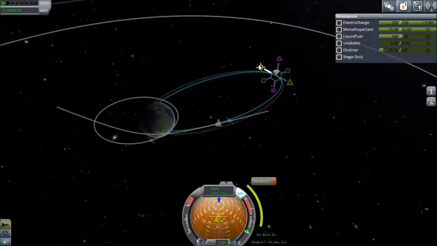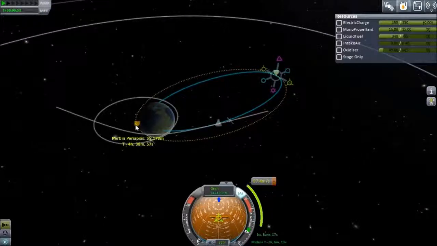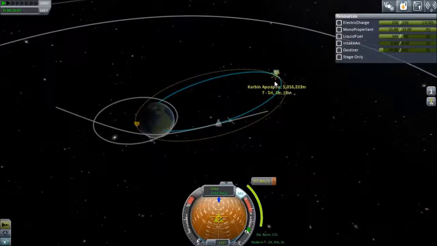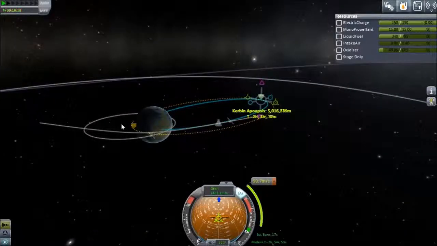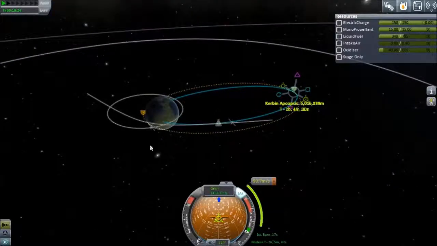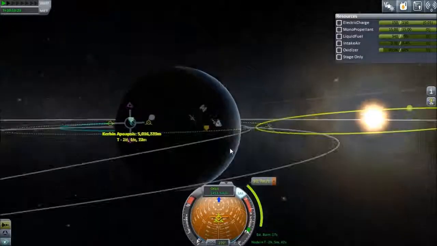I want to raise our orbit so our periapsis just skims the atmosphere. 55, maybe. Just stay up. 55 is a little too high. I'll do about 40, I think. And now let us kind of slow down, and hopefully from there we will be able to